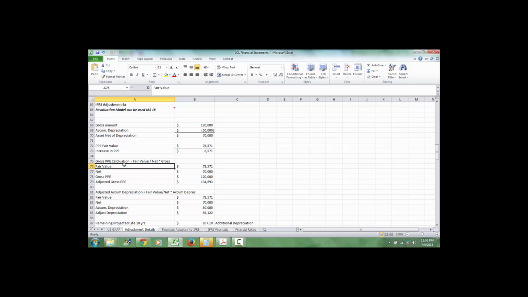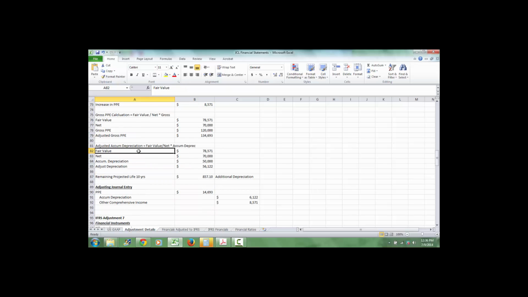So here's my calculation. To recalculate what part of this increase, what part of this fair market value turns into gross, you take fair market value, you divide by the net value of the asset, and then you multiply by gross PP&E. That would give you a new adjusted gross PP&E of $134,693,000. Now we must adjust accumulated depreciation as well. So we take the fair market value, we take the net asset, and then we multiply by 50 million, which is the accumulated depreciation before, and we get a new adjusted accumulated depreciation of